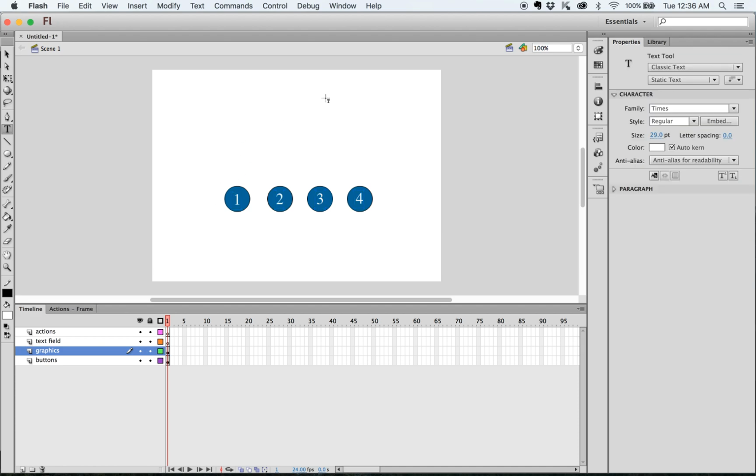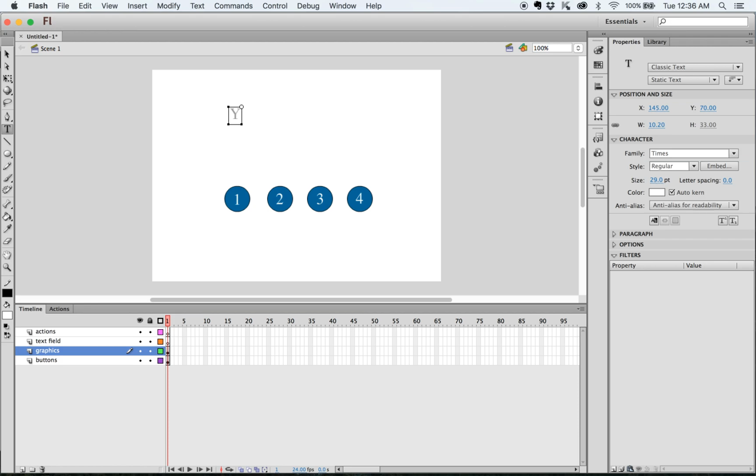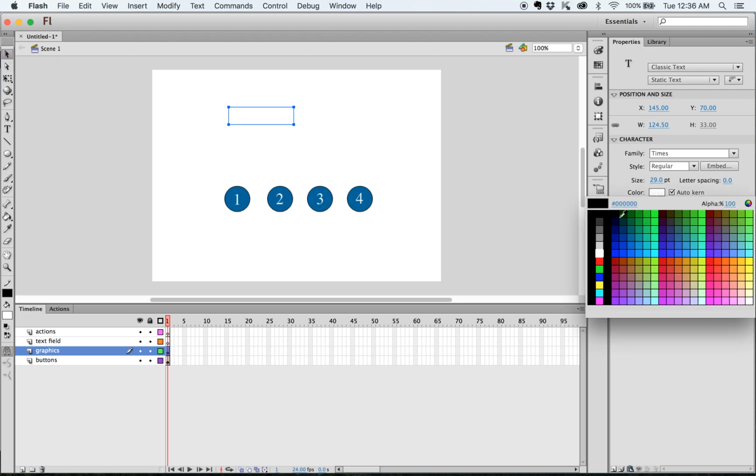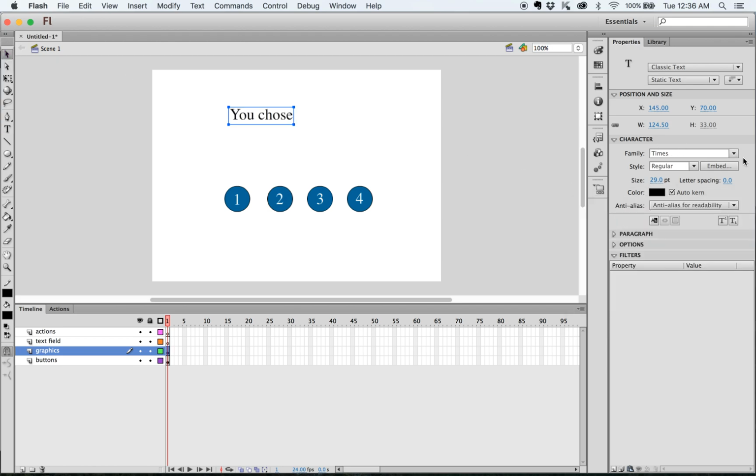I'm going to create a little label here that says you chose. Change that font so that it's not white so that I can see it. I'm going to make it black. I was going to choose a different font, but this will do for now. Okay, so there's our